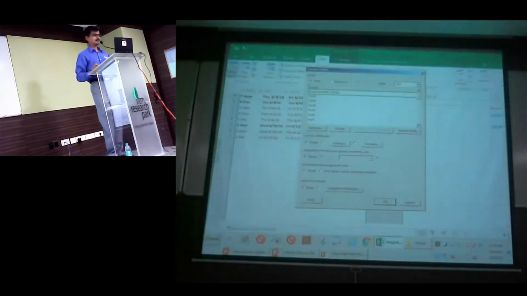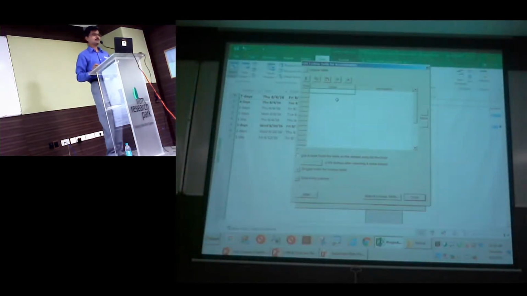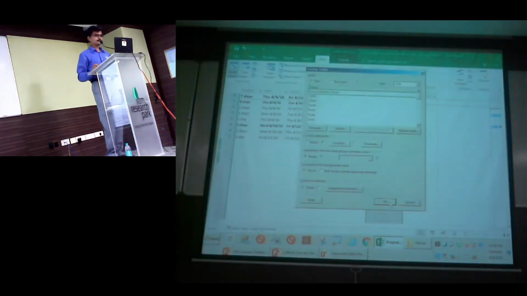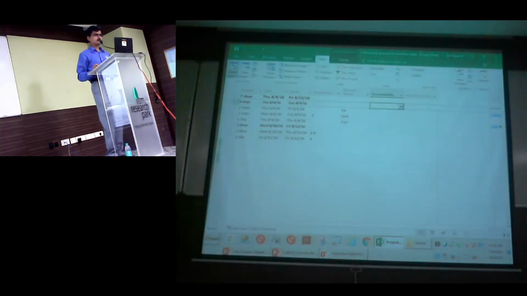Next, I'm just going to have a lookup. Please note this does not come from your resource sheet. You need to type in the names of the people who are accountable. So let me have different names like Mark. I'll say okay to it. So now I can say for the first activity, Mark is accountable, whereas responsibility lies with these people. This is not a perfect solution, but it is a good way by which you can record who is accountable and who is responsible by having custom fields. So make note of it.